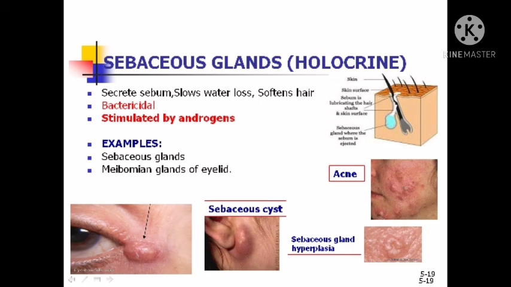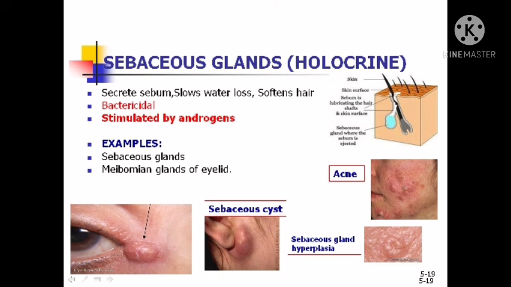This in nature is bactericidal. It kills bacteria. And these glands are stimulated by androgens. Whenever the androgens are released in the body, these glands become hypertrophied, enlarge in size,